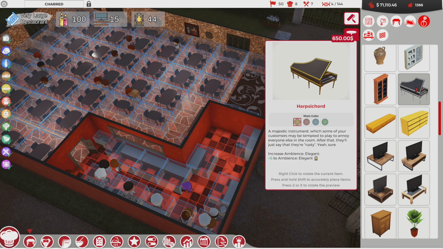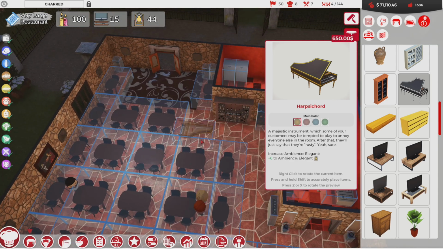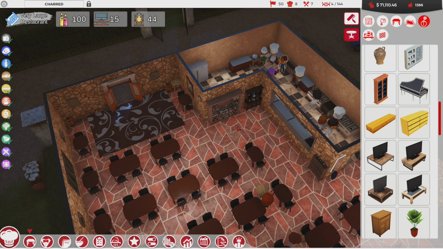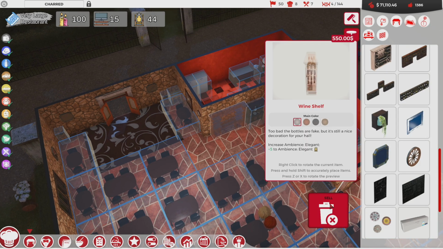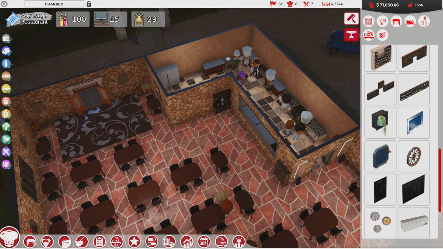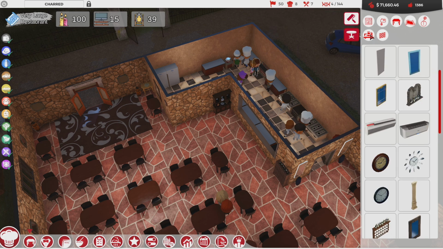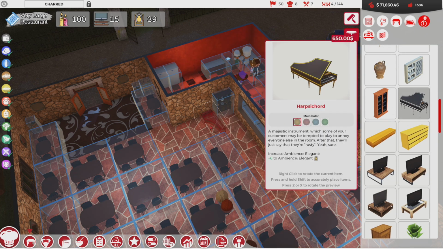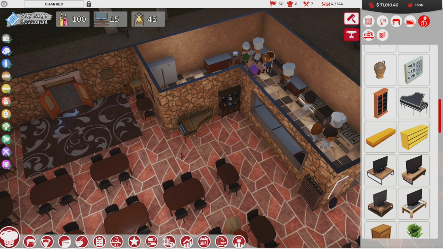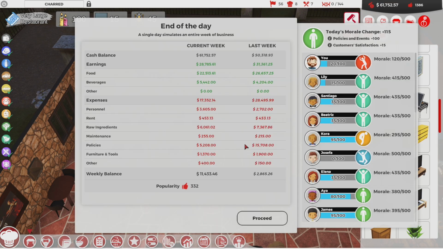Harpsichord, very cool. +6 to elegance. Oh, it's not that big. That's actually not that big. Yeah, the wine shelf is cool. But you know what's cooler than a wine shelf? A harpsichord. Where'd it go? Oh, where'd it go? Hang on. Where are you? There you are. Come here. I'll just put this right here. Oh, that's elegance right there. Bam! See? That's elegance. It's a shame there's no chair for it, but yeah. Made